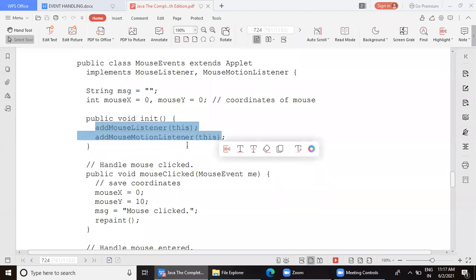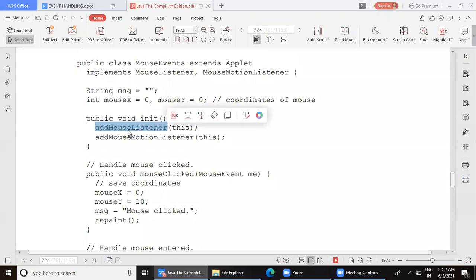So the body should be registered with the listener. For registering to the listener, we make use of the method add and the particular type of listener, addTypeListener. So whichever type of listener we want to register. Right now we are going to register with MouseListener, and then we are going to register with MouseMotionListener. So far, is it clear?